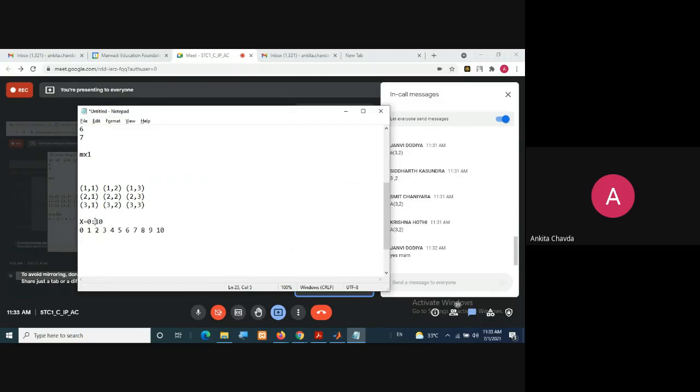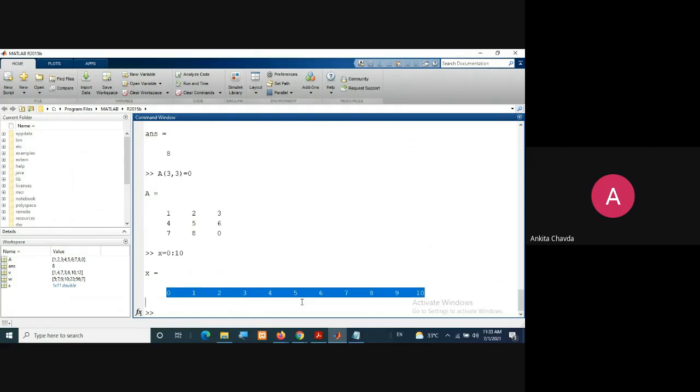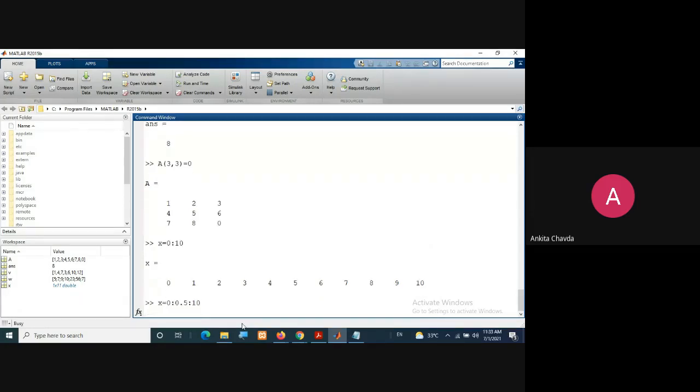Now, if I'm saying I want increment of 0.5, then how many number of elements it will create, that we will check. If I'm having this x starts with 0 and ends at 10, it will create 11 elements, but I want it with the 0.5 increment. So I'll write here 0.5 in colon and enter.